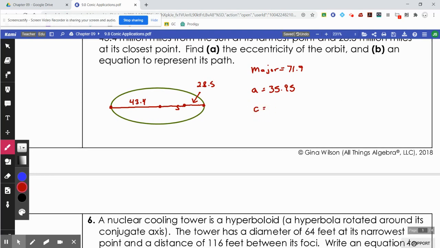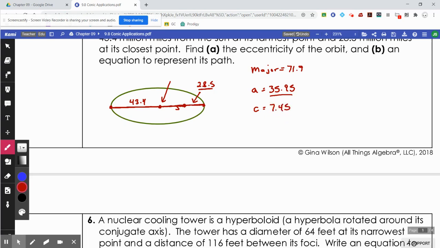Now, something else they've given you here is a c value. If you remember correctly, c is the distance from a focus to the center. So first off, let's find the center here. How far is it from there to here? Well, it's 28.5 from the closest point to the focus, and we've also just found out that it's 35.95 from here to the center. If we take off the 28.5, that's going to be the distance from the center to that focus. So 35.95 minus 28.5 gives you a value of